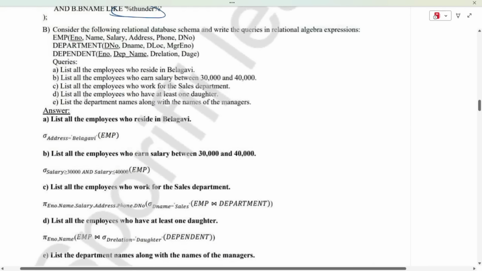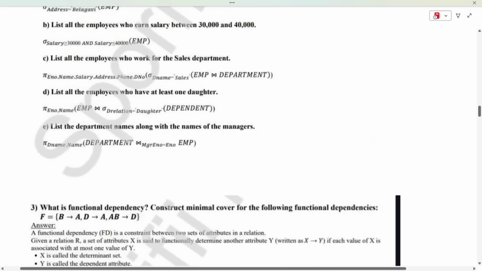Next, the second question which was repeated is one of the easiest of all. See, first they have given employee number, department, dependent. List all the employees who reside in Belagavi. They have said where Belagavi. That is the address, right? Belagavi is the address. So what you will be selecting, I hope you know,